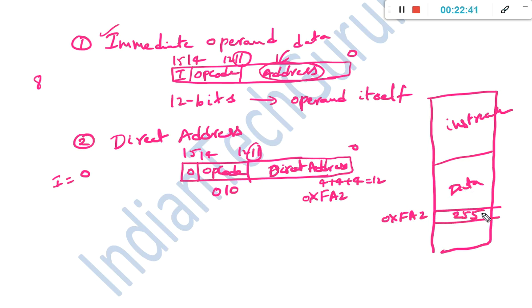Now I am going to fetch this particular operand and perform the operation. What is that operation? AND operation, and perform this operation with this particular data. However, now you have a doubt. The doubt is, to perform the particular operation, AND operation, we need two operands. However, now we are fetching only one single operand. Then how are we going to perform the addition operation?